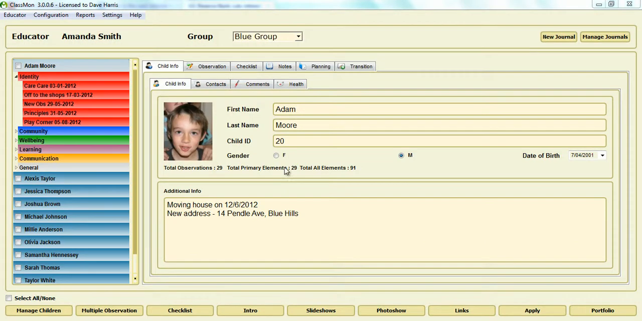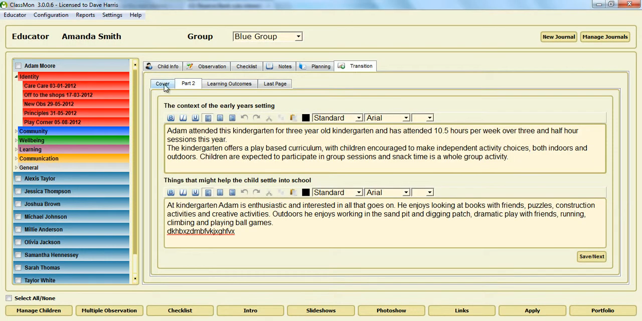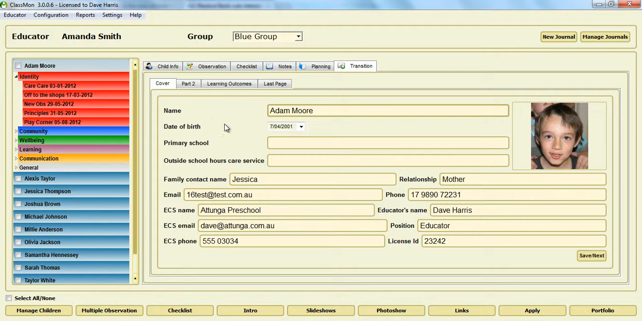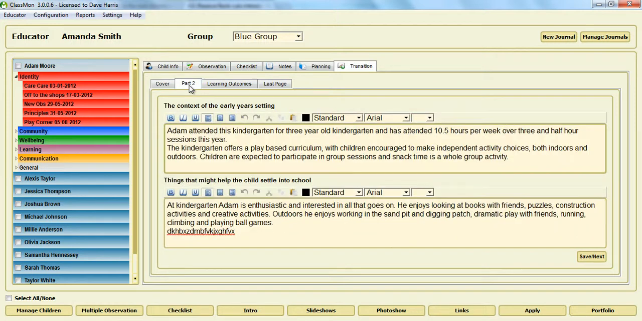A quick tip for those starting their transition statements. Under the transition tab for each child, you have your cover page, which has just the general information, and part 2. Now, part 2 is the context of the early years settings and things that might help the child settle